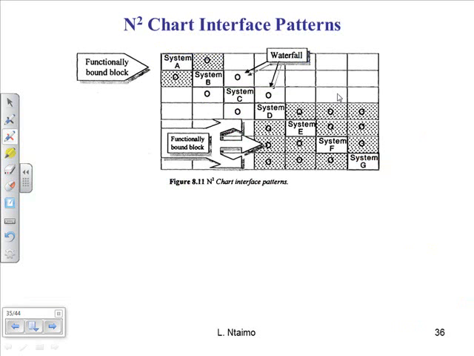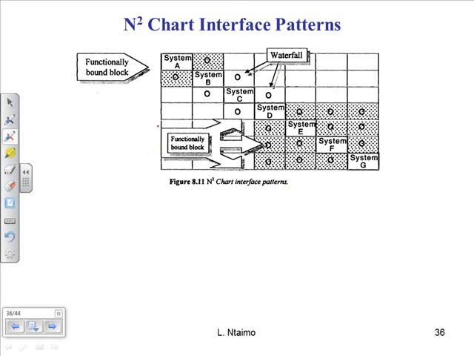Okay, so that's context. So we looked at interface, interaction, and then context. The other thing we need to look at is patterns. Remember from the systems constructs, we looked at patterns as well. The pattern actually is something that you can notice. So once you construct your n-squared chart, you can actually see something